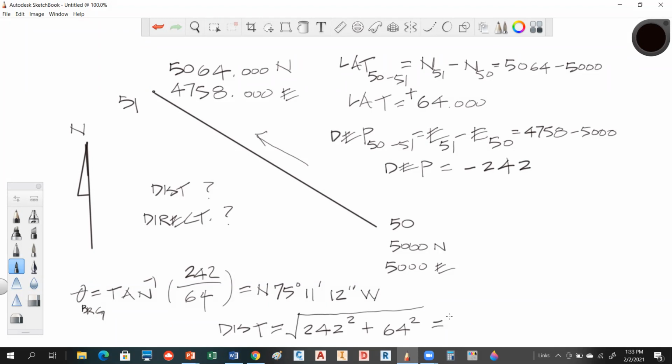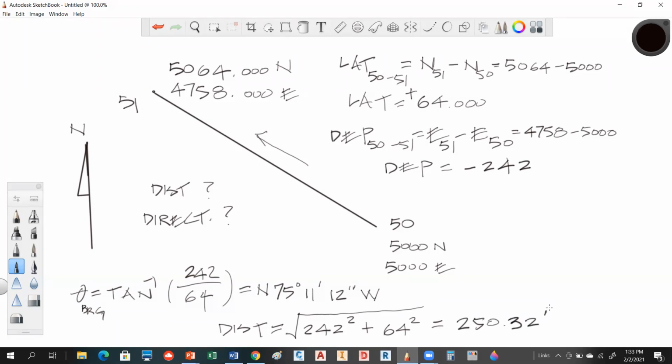So let's see what we come up with. 242 squared, square root. So if you guys are following me from a math standpoint, I get like 250.32